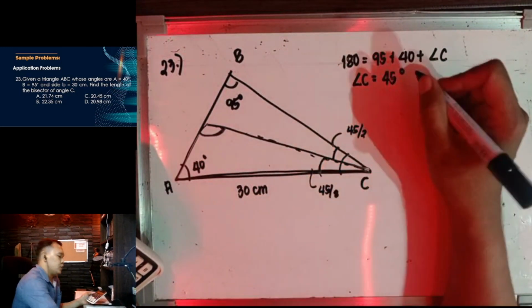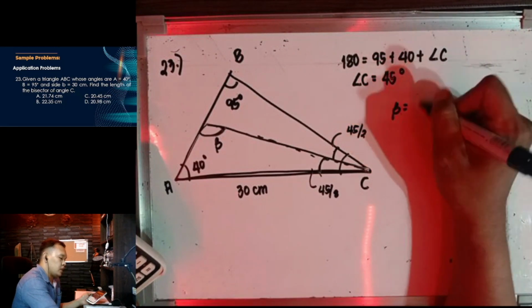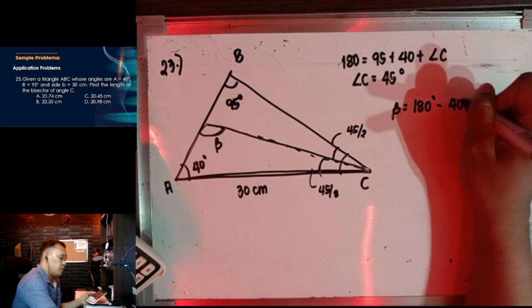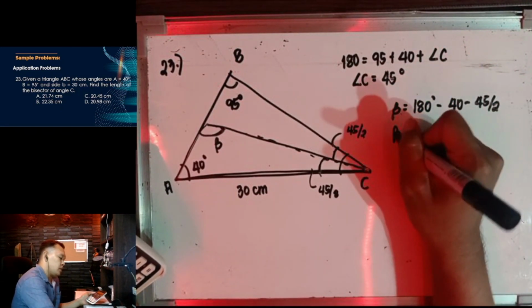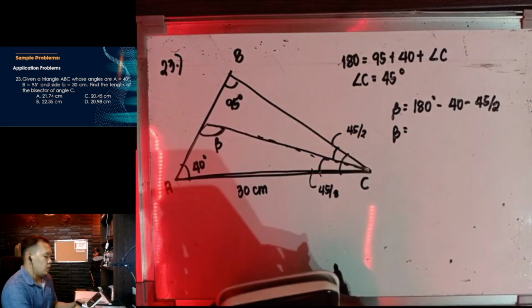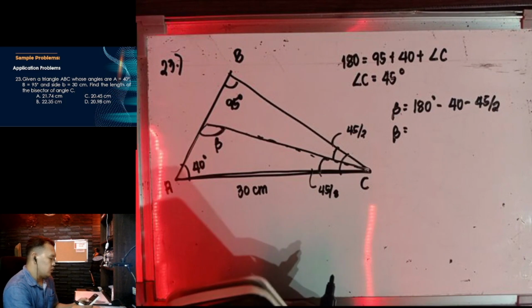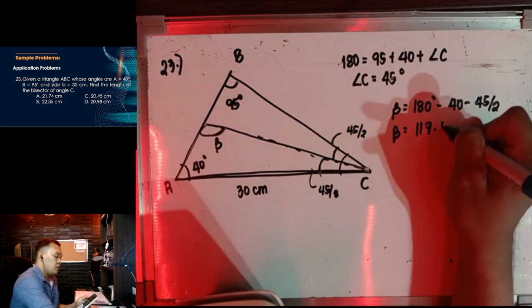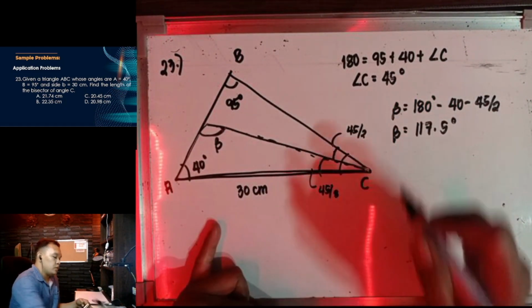Okay? So, sabihin kong si angle beta yan. Angle beta is equivalent kay 180 degrees minus 40 minus 45 all over 2. So we have here 117.5 degrees. Then, we could use sine law, which is equivalent kay